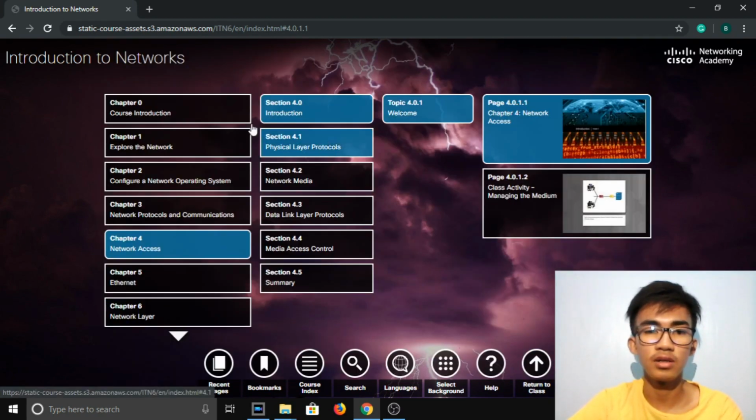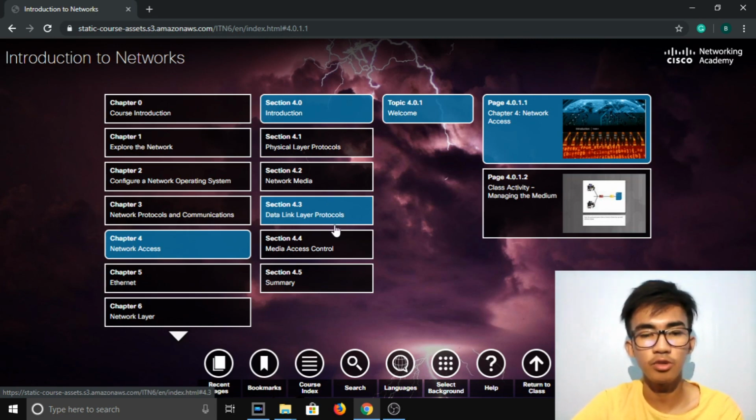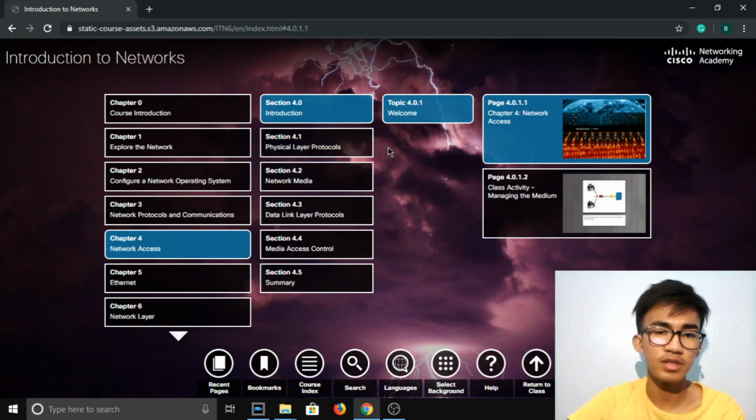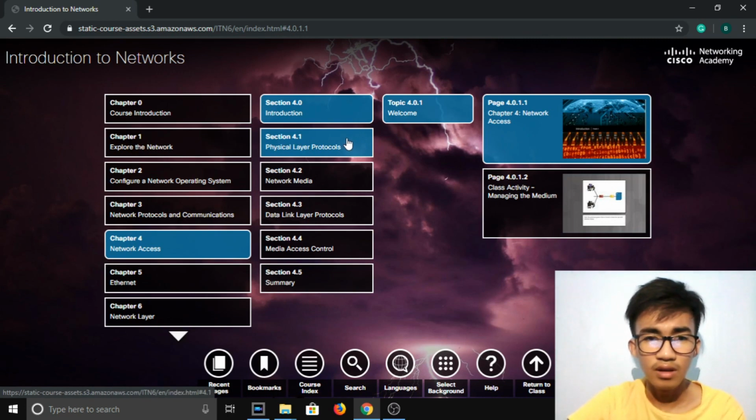Chapter 4 has six sections: Section 4.0 Introduction, Section 4.1 Physical Layer, Section 4.2 Network Media, Section 4.3 Data Link Layer Protocols, Section 4.4 Media Access Control, and lastly Section 4.5 Summary. Chapter 4 has four activities, so let's get started. The first one is in